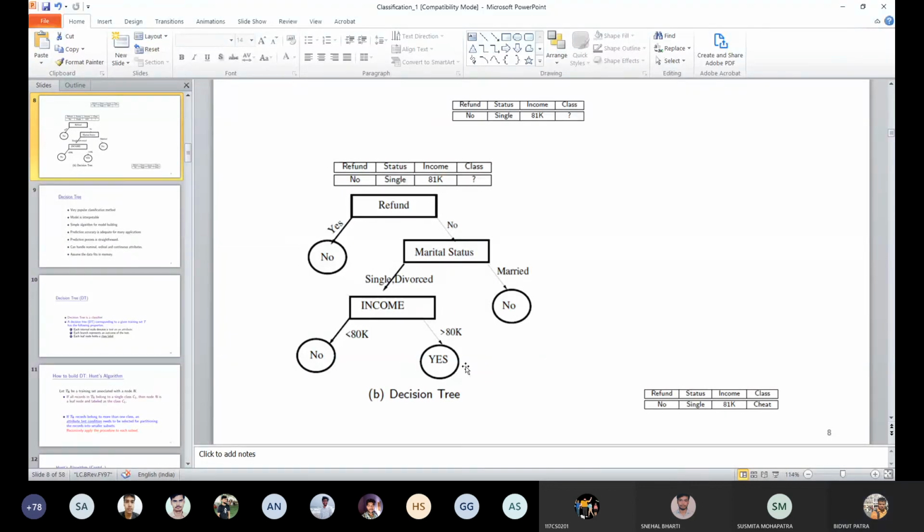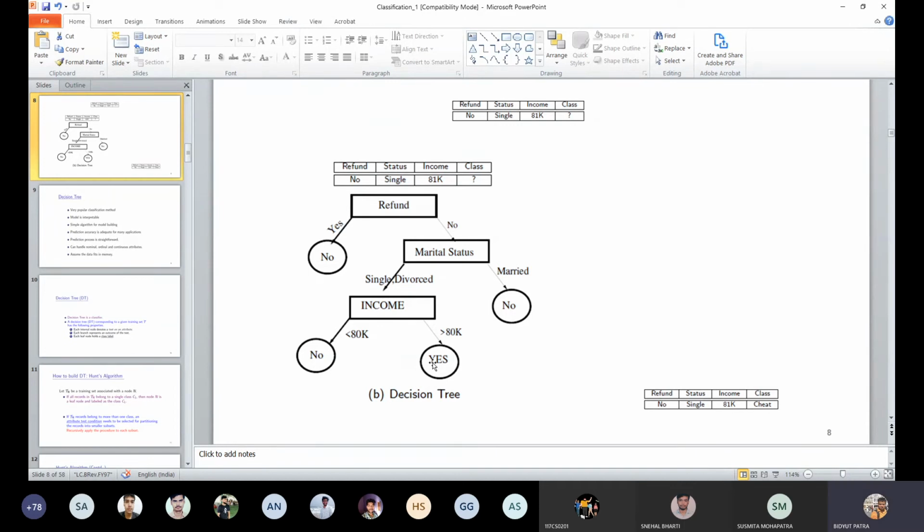Now once the model is built, when an unknown object comes, we don't know the class label, we know only the attributes. So if we trace it and it ends up here, what will be the class label of that unknown object? There is no majority. 50% belong to class C1, 50% belong to class C2. What will be the class label of the unknown object? We cannot conclude anything, right?